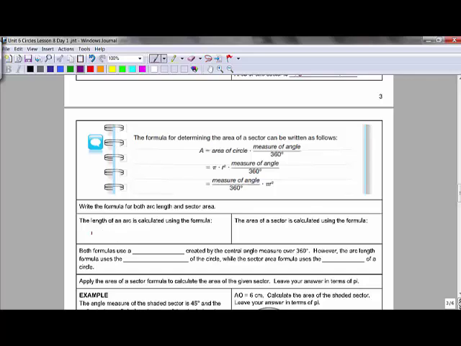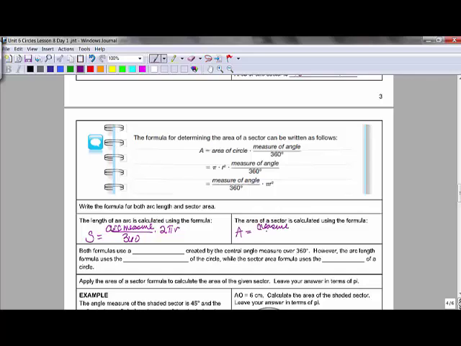The length of an arc, you recall they represented that with S, is the arc measure, so that would be in degrees, over 360 times the circumference, which was 2 radii times pi, or a diameter times pi. If we look at this formula, the area of our sector is our measure,